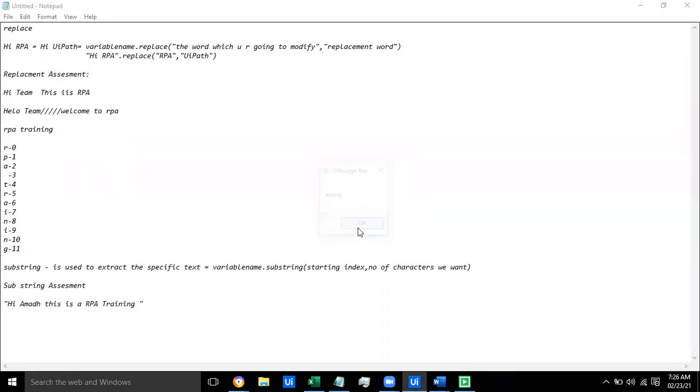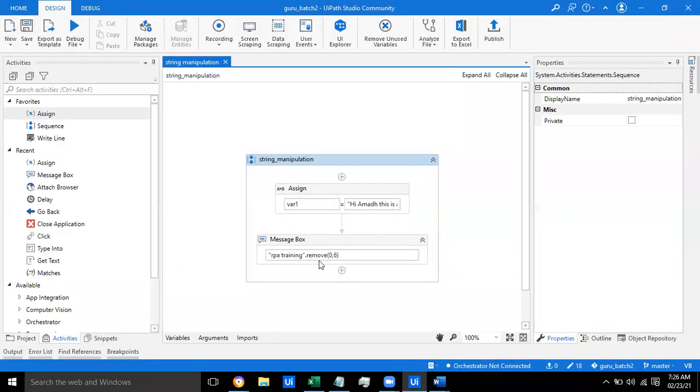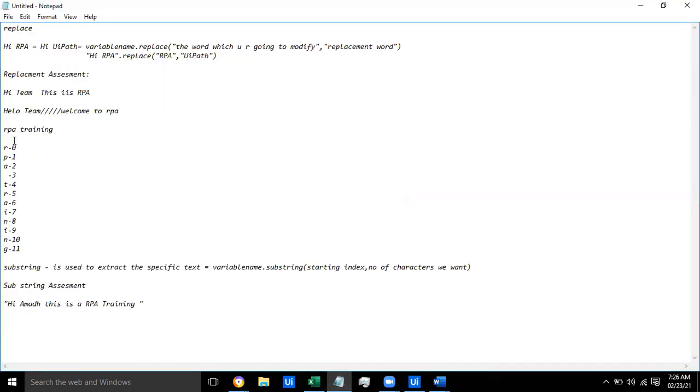It has just taken from 0 to 6, so it removed the characters from 0 to 6. What is 0 here? R. From 0 it will start: 1, 2, 3, 4, 5, 6. So it will remove till this, then it will give the rest.